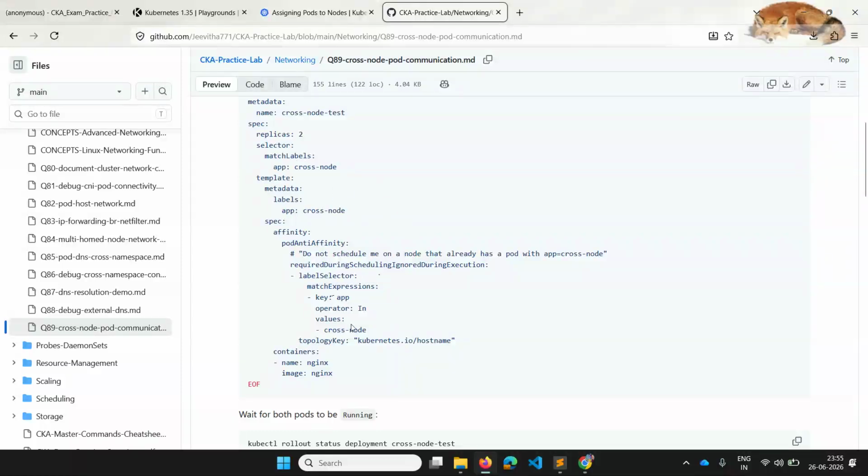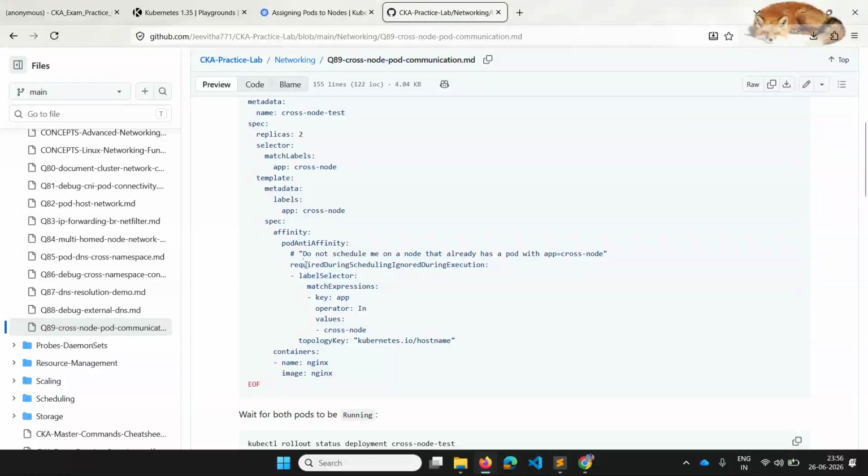So if you see, under the spec we have a template whose labels are this. My container label will be generated from this, and I'm writing an anti-affinity rule for the pod, using required during scheduling, ignored during execution.